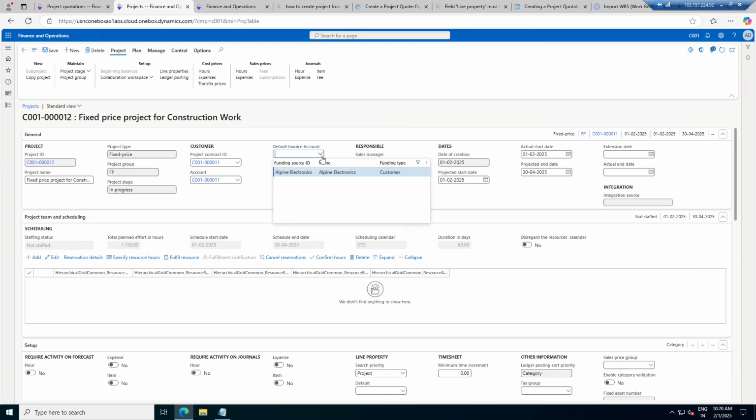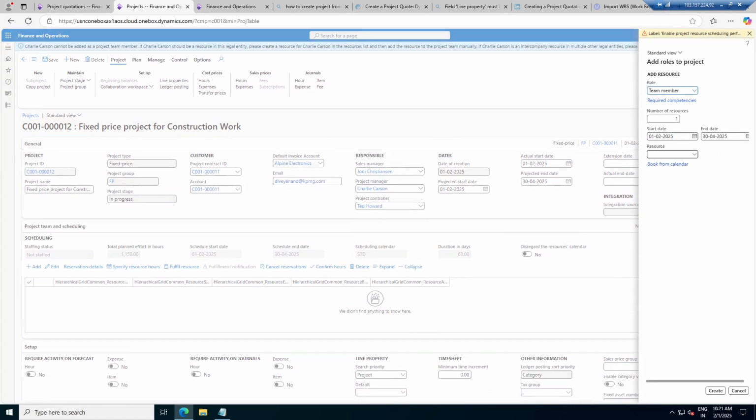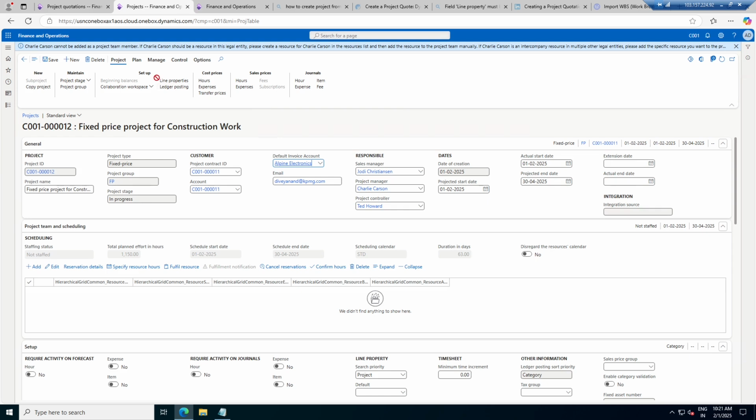Default invoice account. What is the default invoice account? This is the default invoice account. I'm more interested in, let me click on this one, the project team. Right now I'm not focusing on the forecasting. I will come with a standard application. Okay. So resource, you can add roles to the project. I have not added the resource, so let's cancel it for now. But I am more interested in the